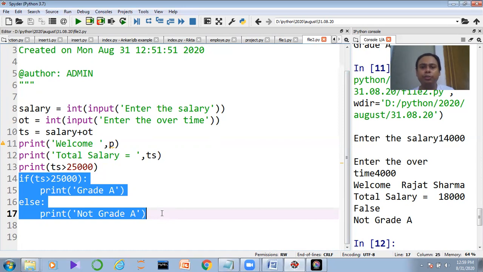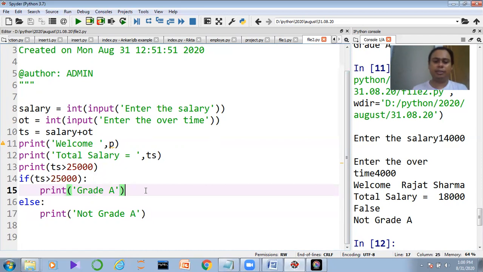So what should I do right now? Here we need to use multiple if and elif blocks. Guys, if you have any idea of the C programming language or the Java programming language, you might know it very well that in Java or C, there is a part called else if. But in Python, we don't have the else if keyword, we have the elif. So let us modify the code and let us understand it.